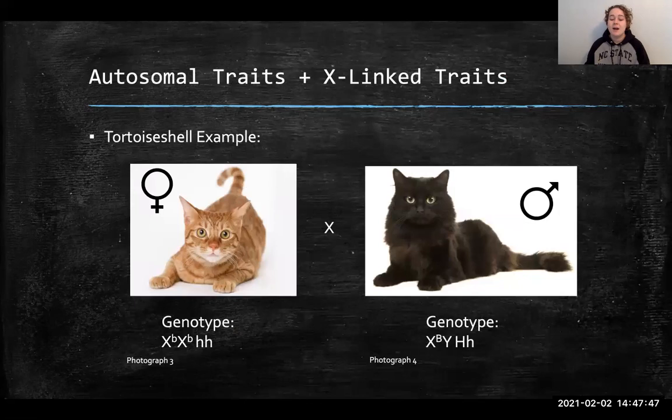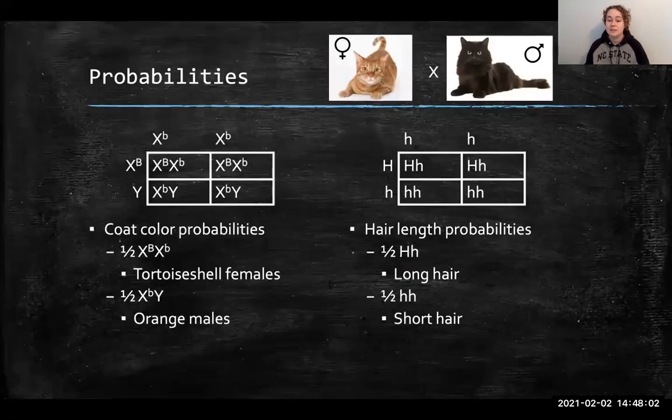When you combine an autosomal trait with an X-linked trait, you can see a variety of phenotypes. For example, length of hair is an autosomal trait where long is dominant and short is recessive. The following cross will focus on probabilities of phenotypes produced by mating an orange short-haired female with a black, heterozygous long-haired male. We can make basic 2x2 Punnett squares for each trait to determine probabilities produced in the cross,